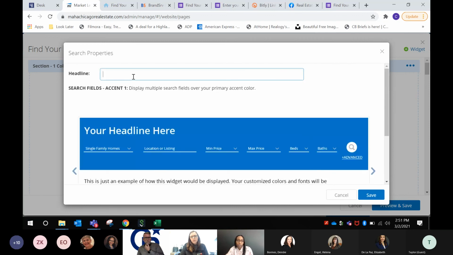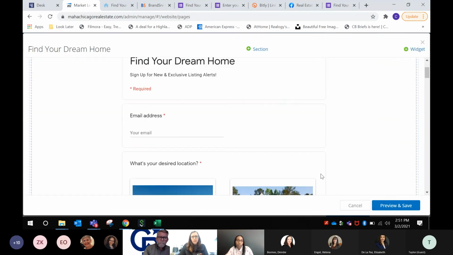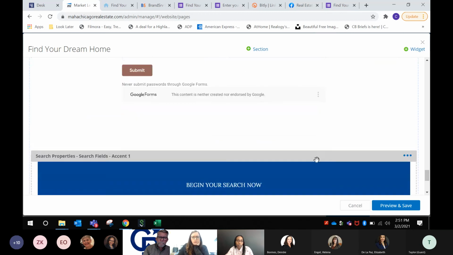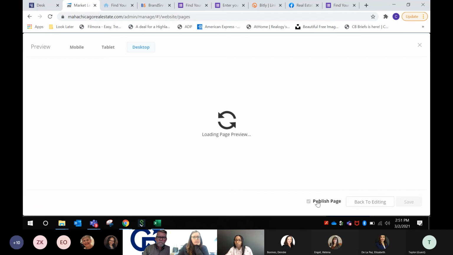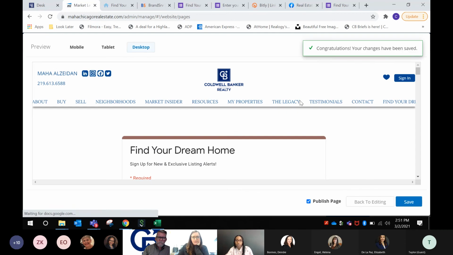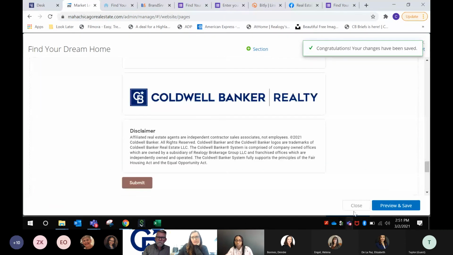You can also include your headline here. Select save and add this to your landing page if you choose. It is an option, just to mention